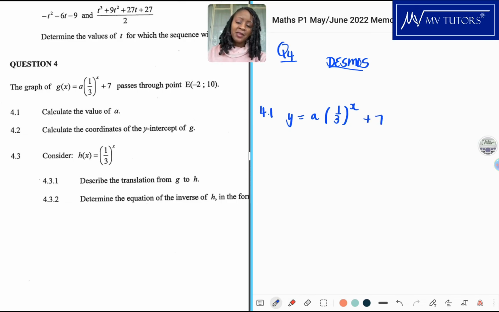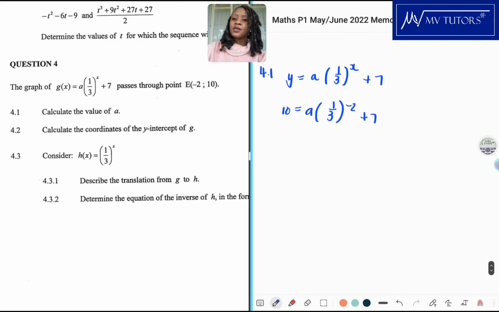So if you want to determine the value of a, I will substitute that point, the x value into x and the y value into y. So the y value in this case is 10. The x value is negative 2 and then plus 7. So let us take 7 to the other side. Then we have 3. And then you have a,